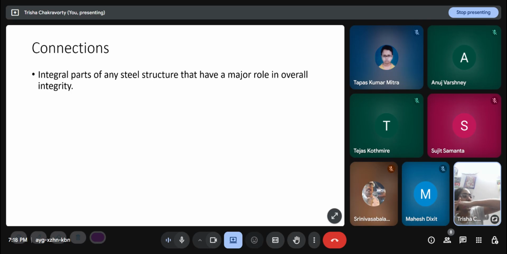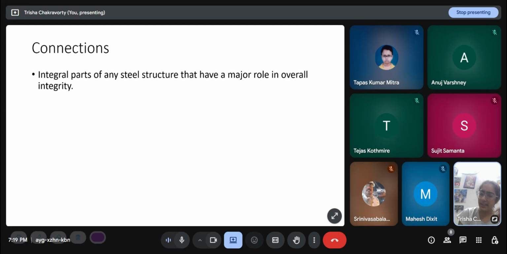Even if the beam is sufficiently designed and the column is sufficiently designed, we are generally assuming that the beam and column have a fixity. The beam-column junction is a fixed joint, right? If the connection does not provide enough fixity, then the moment will be released here, and the structure will behave in a different manner. Like, if this becomes a pin joint instead of a fixed joint, while in our design we have considered it to be fixed, the structure will behave differently than we expected, and it has a high chance of failing.